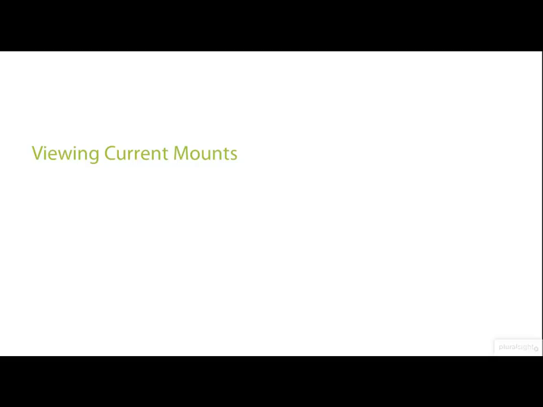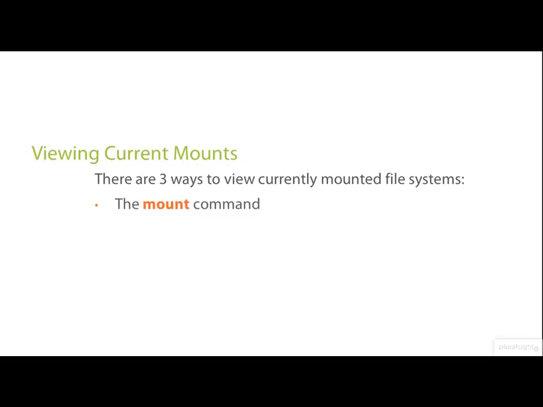There are probably three ways that we can go through and view the currently mounted file systems. The most common way to do this would be with the use of the mount command itself. The mount command, without any options or arguments, will just display what's currently mounted. But we could also go through and read from the file